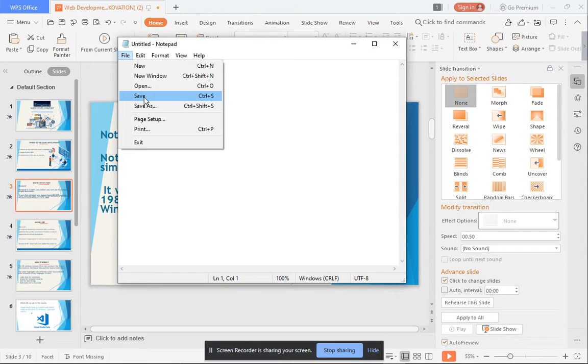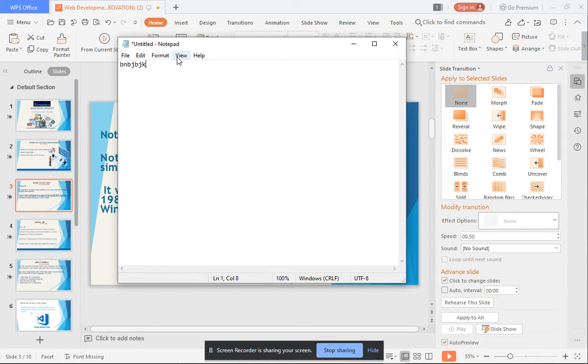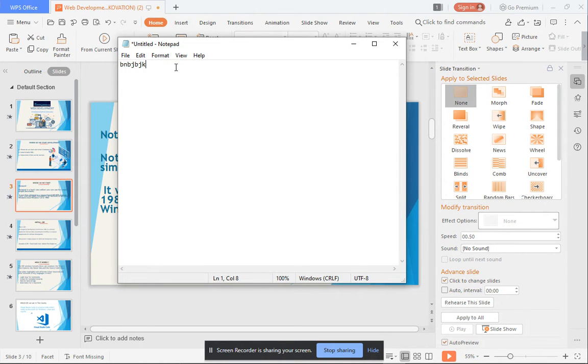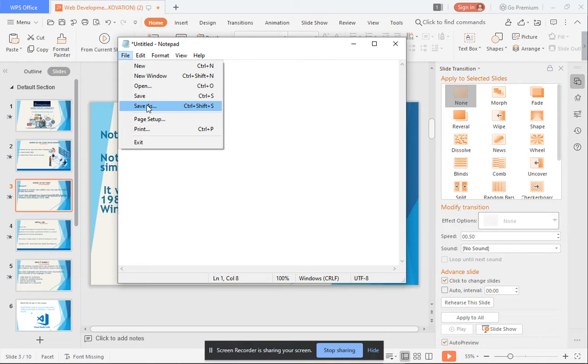And if you want to create another document, like you write some useful code here, but if you want to change it in the future, you use Save As, because this is another document. When you use the Save As option, it will create another document for you. These are the page setup options, which will be helpful when you want to set up your page. And this is the print option if you want to print this document.